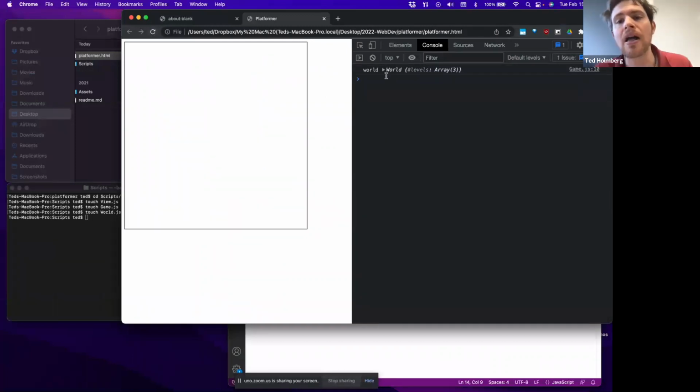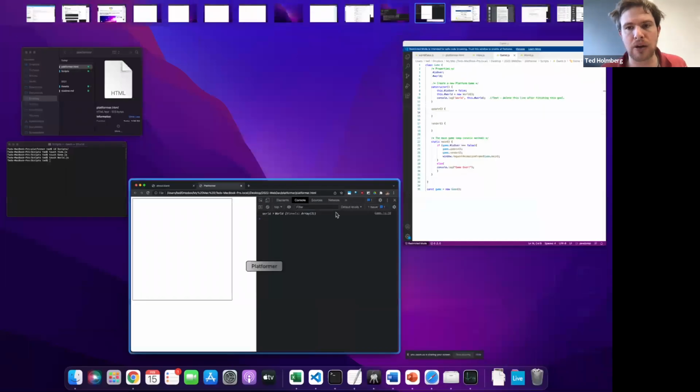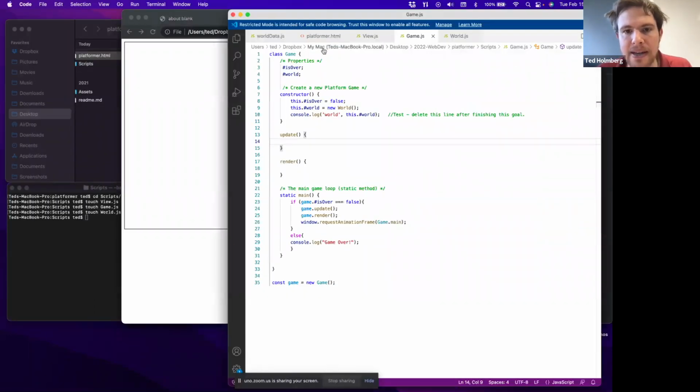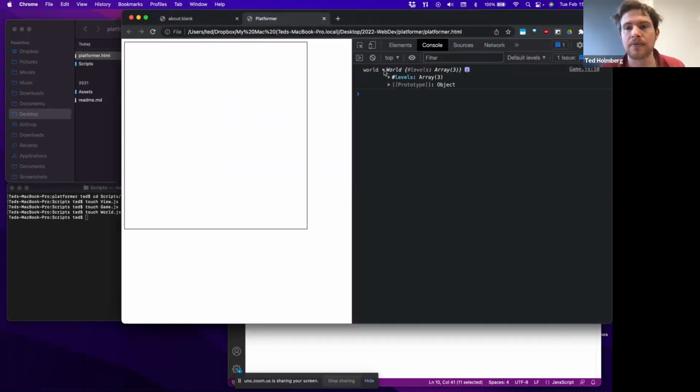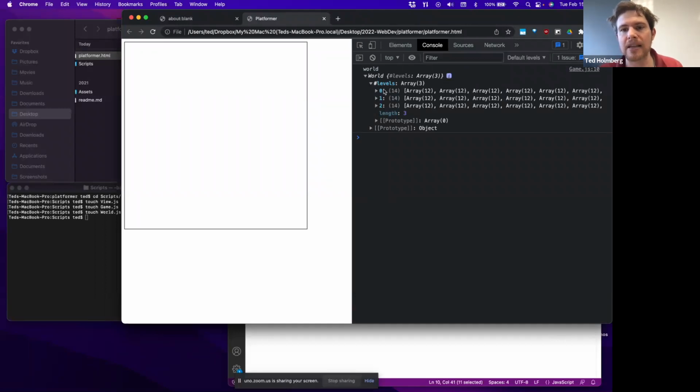Okay, perfect. So now I've printed out. So just like in Java, JavaScript has a default toString method. So what's happening here when I'm doing this console.log in the constructor of my game class is I'm going to print out world, and then I'm going to print out an instance of what's in world. And since I didn't define a toString method, it's just going to define one for me, and it actually makes it interactive. So it shows me here that I have this levels attribute, this property, and inside there is a